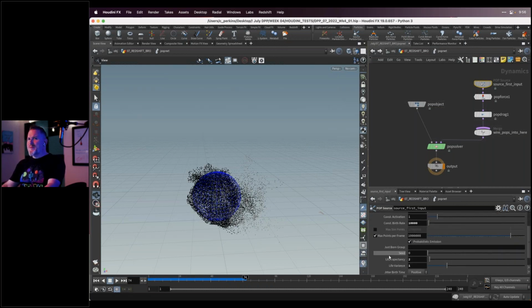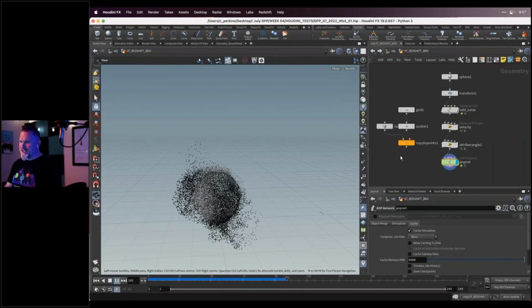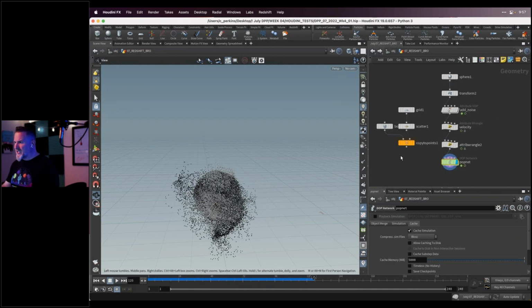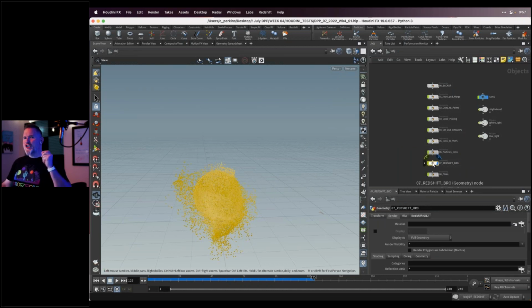And one of the things that really baffles me about Houdini is the default life expectancy is set to 100, and that's in seconds. So the default life expectancy of particles in Houdini is 100 seconds, which, you know, I'm used to After Effects. That feels like 12 years. Like, I don't know if I'll still be alive in 100 seconds. So I set the life expectancy down to 2, so 2 seconds. And that's important.